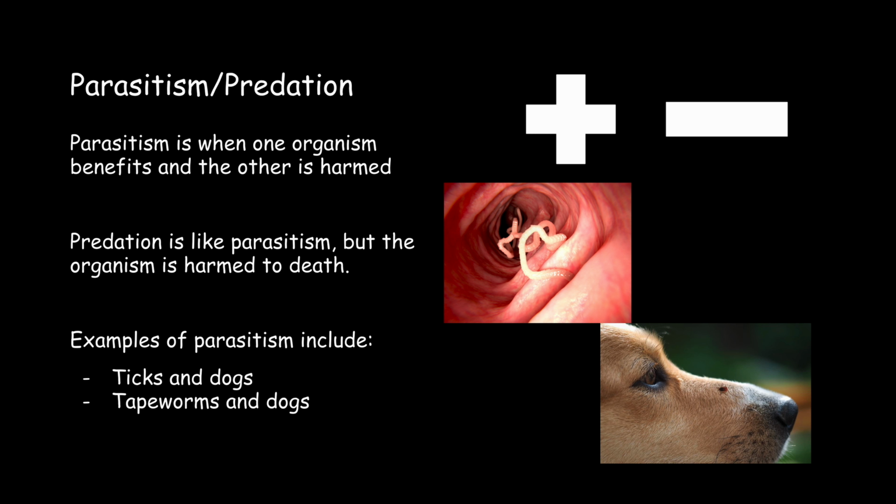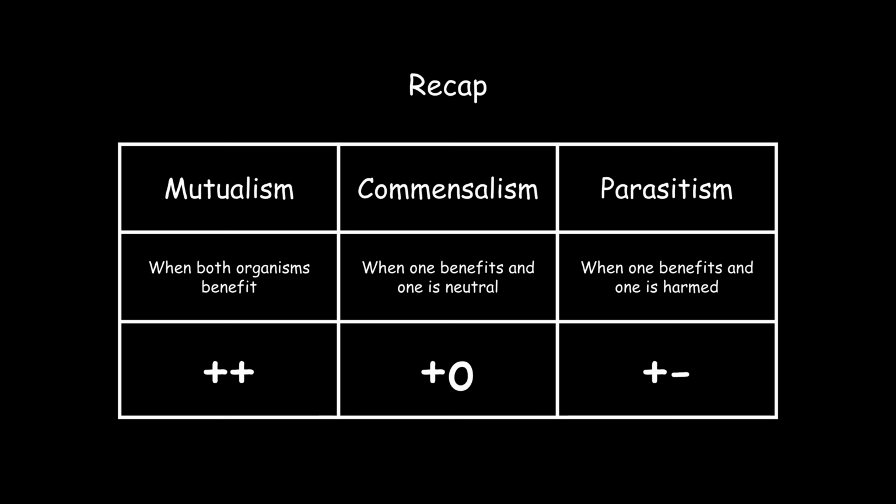So in parasitism, I'm just gonna blunder it every time because we got to get this video rolling. These are bite-sized pieces of content I put out. We have that where they are harmed but not necessarily killed, and predation is when they are harmed to death, aka something kills something and eats it. So we have ticks and dogs, for example. A tick will take nutrients off the dog, and the dog will be harmed. And tapeworms and dogs, kind of the same thing. Tapeworms will go in their digestive tract and eat all the nutrients coming in, and that would harm the dog,